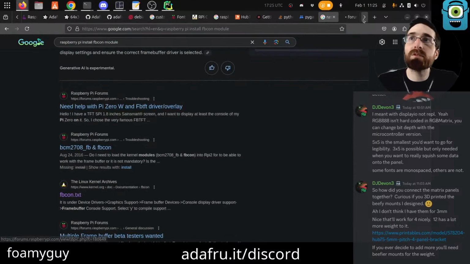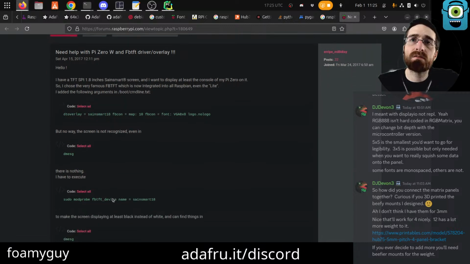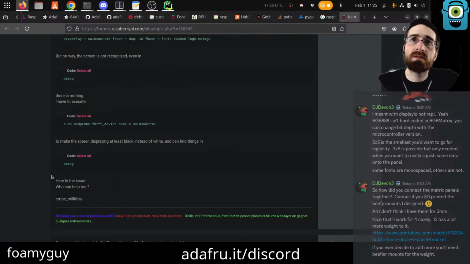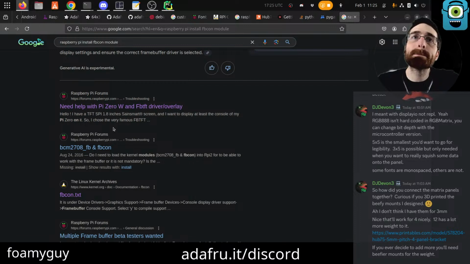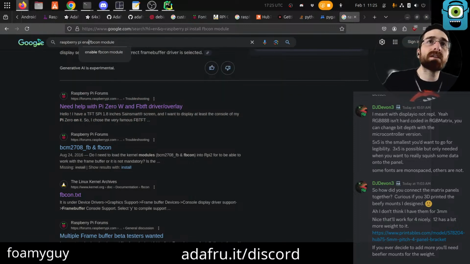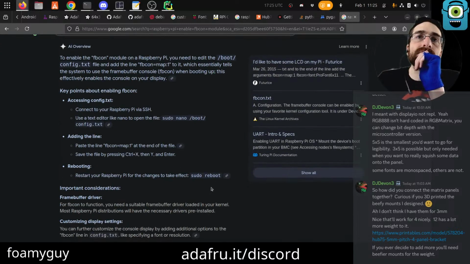Slightly hesitant to just randomly copy paste the AI thing, especially when it's talking about fonts in one, but then... Pi enable FBCon. Okay, I mean that makes it seem like it's easy enough.